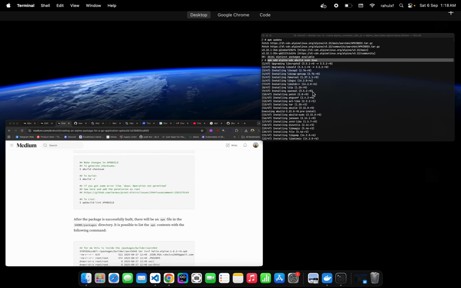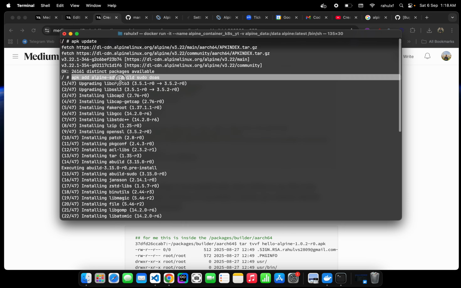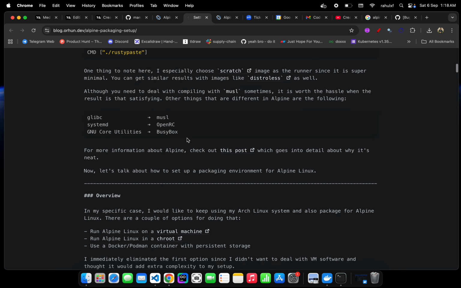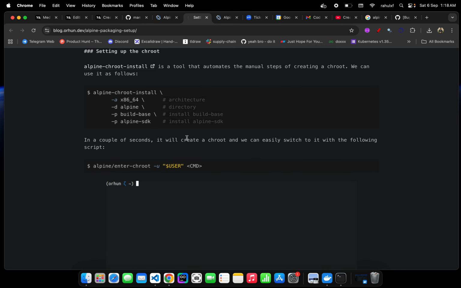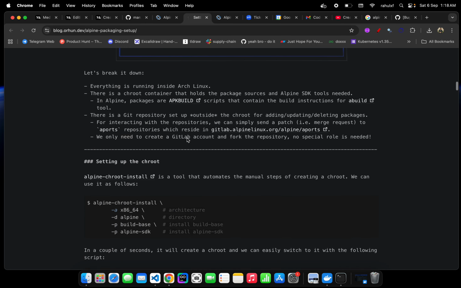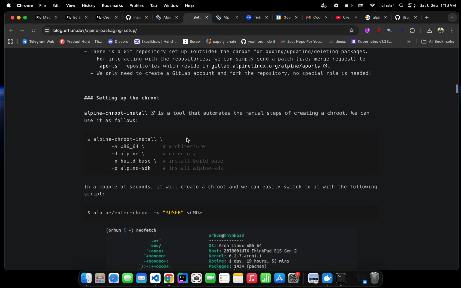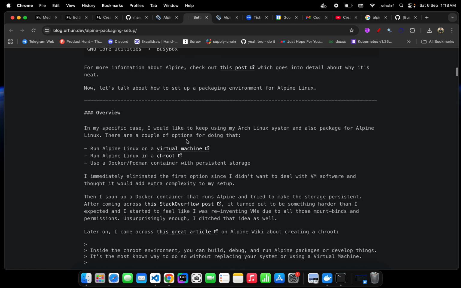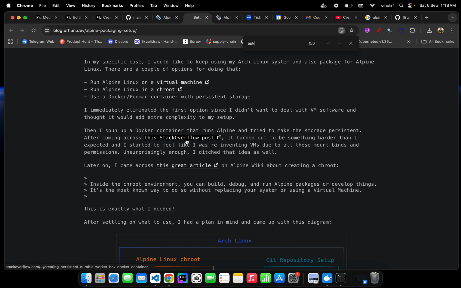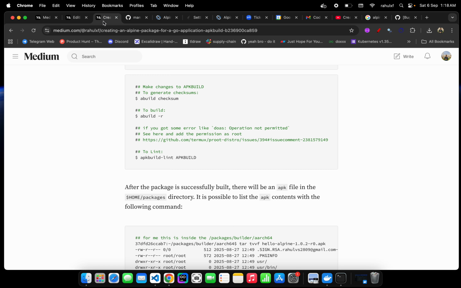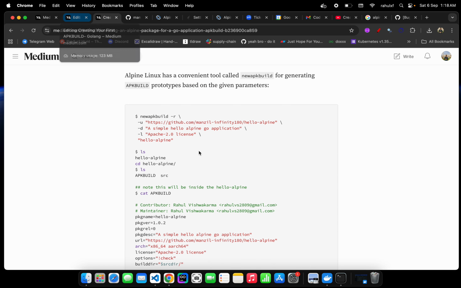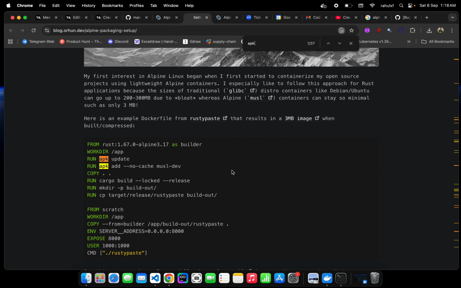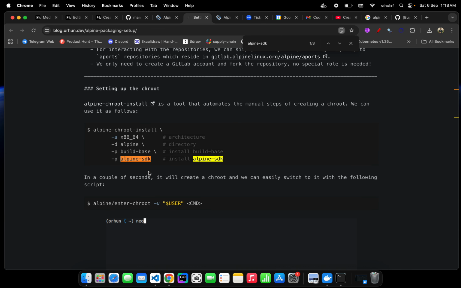So yeah, I think it's installed now. We installed the Alpine SDK and abuild. If I can show you why you need it, you can read it here. It's a very good blog, to be honest. Here again, I did not get where it is. Let me just find it. It's Alpine SDK. So if you search Alpine SDK,